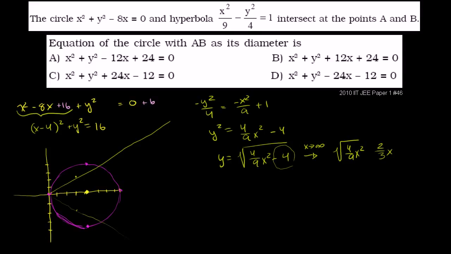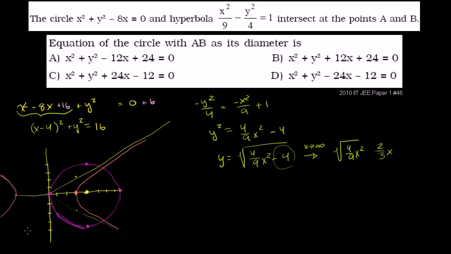And if we want to see where it intersects the x-axis, you just set y is equal to 0. You get x squared over 9 is equal to 1. So x is going to be equal to plus or minus 3. So the positive intersection is going to be over there. So our hyperbola on the right side is going to look something like that. It's also going to show up on the left side, but that's less interesting because it's not doing anything